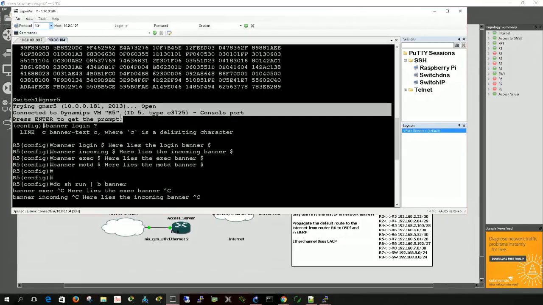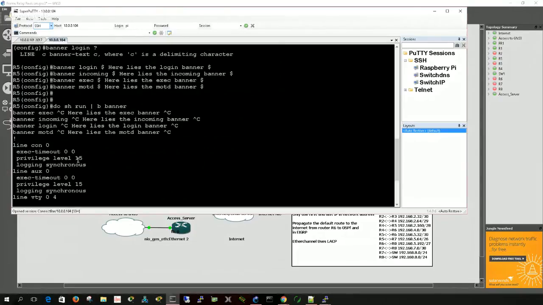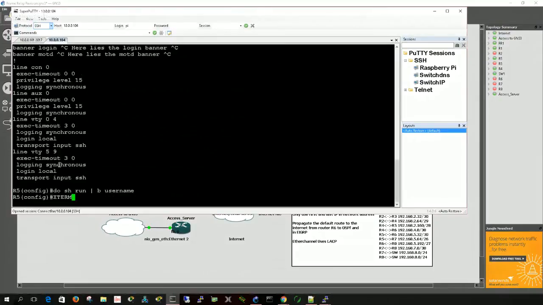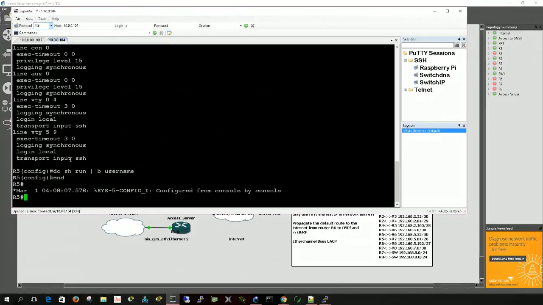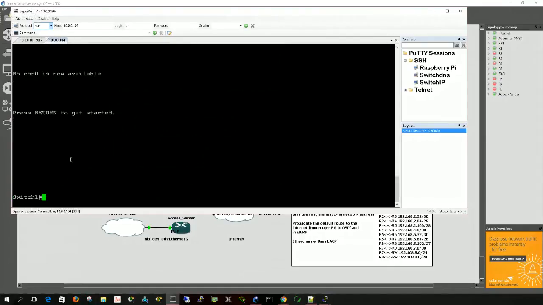oh, I get what happened here. I actually had not closed router 5. Okay, I'm gonna close router 5, exit or end, and just display it again. Exit. Okay, and then I'm going to do Shift 6X. So that takes me back to the switch,